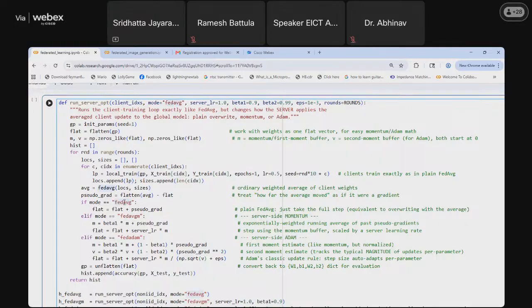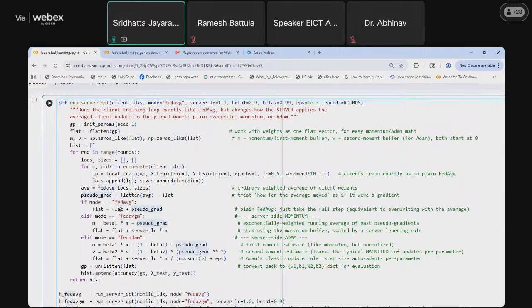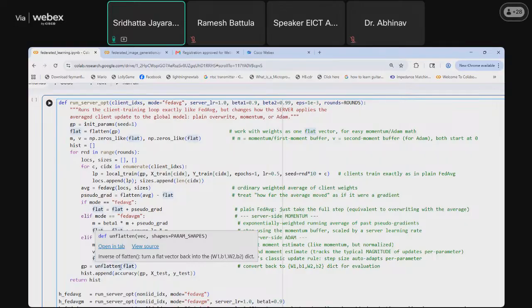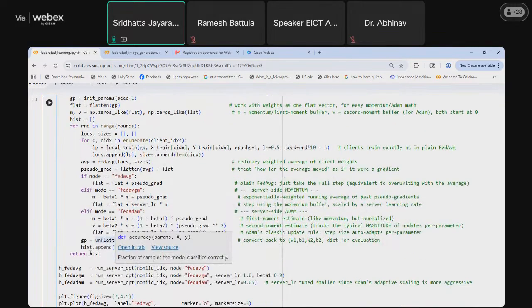Mode in Fed average algorithm continues to have a pseudo gradient plus flat, while mode of Fed average and Fed Adam was dependent on this momentum and velocity, and then whatever updated weights that we got, that is flattened weights, we unflattened it, and then we basically updated it in the hist list.